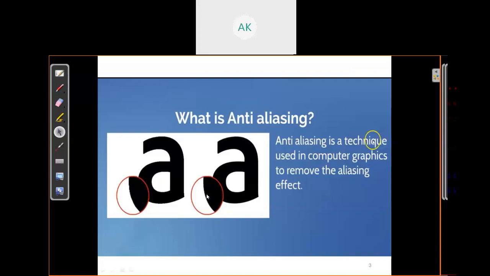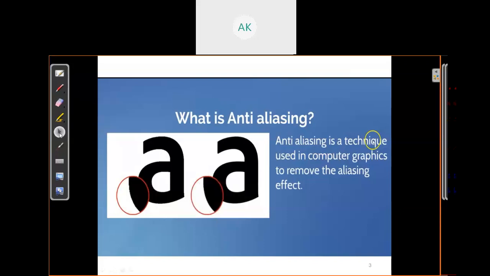Now you can see there's a smooth line, meaning the visible change is very little compared to the first object. So anti-aliasing is a technique which reduces the effect of aliasing.